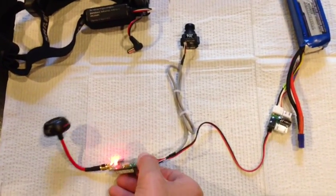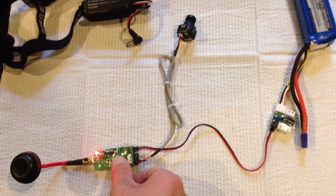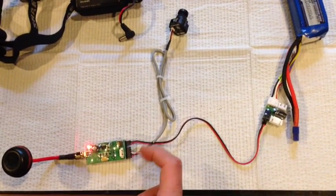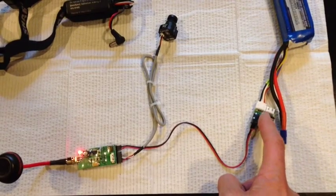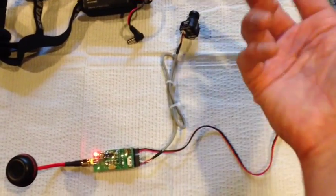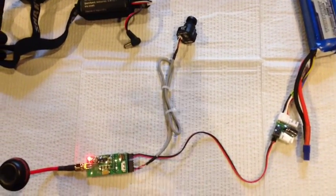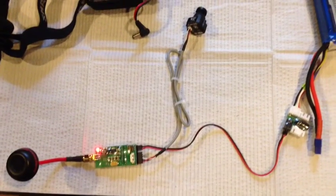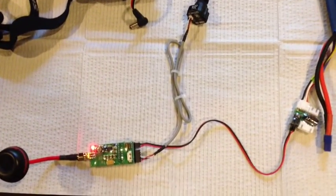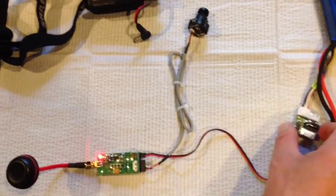Number one here, I'll just get right into it, is this is your video transmitter. And when I pulled this out of the box, it actually had all the cables for your battery supply and the camera completely plugged in. So basically it was a foolproof system. If you were a fool, maybe you'd plug something in backwards and burn everything up. No, I'm just kidding. But so this is your video transmitter, your camera, and your